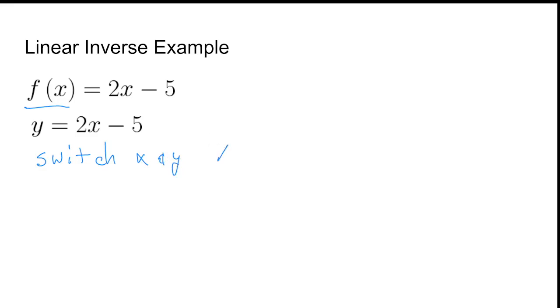And so we just rewrite this as x equals 2y minus 5. Then that really is the inverse. It would accomplish it, I guess. But then what we want to do is solve for y. And this is why we get to this notation again, because x now really is an output. Don't get too confused, but it's just take that step, switch the x and the y, and now mathematically we'll solve for y. And what you're going to see in an inverse function is whatever happened in the forward function